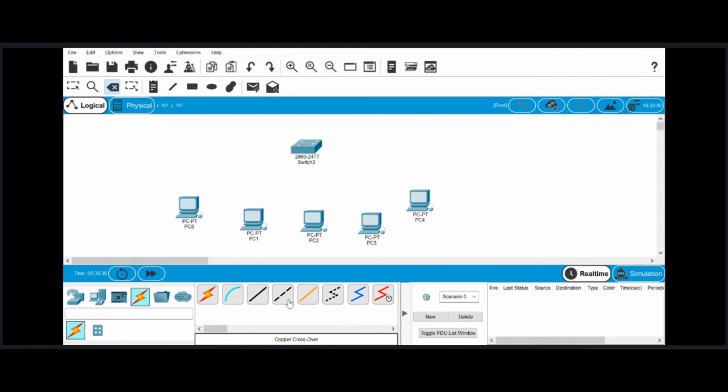But because I have to connect the switch and the end devices, we'll be using this copper straight through cable. So I'm pressing control, and now I can just connect.